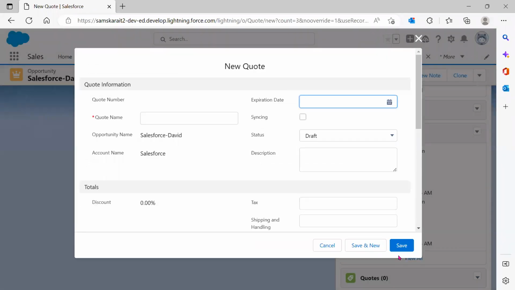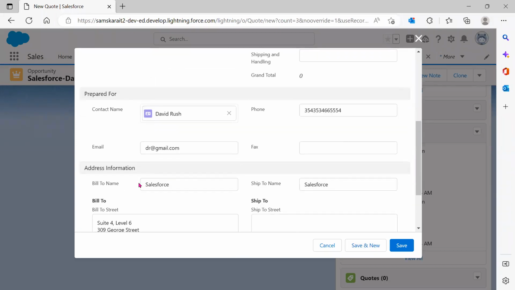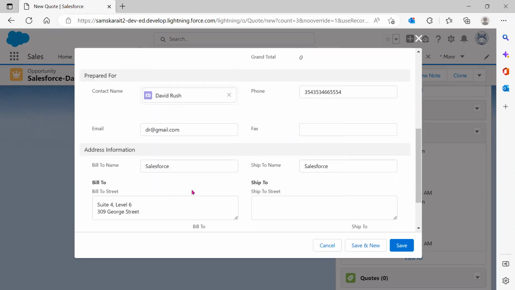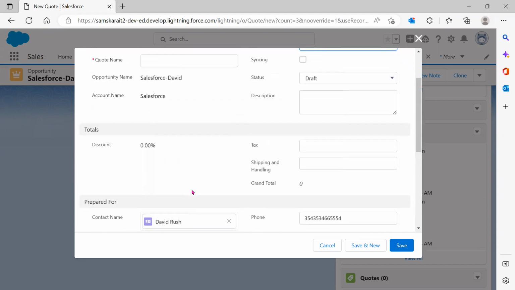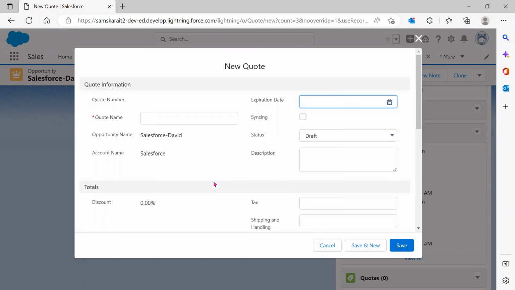When you click on new quote, you will see quote information, total, prepared for, address information. Prepared for is automatically populated from the account, and the contact information and address information are automatically copied from the account. Total we will talk about later, and then quote information. In the quote information, I'll say David